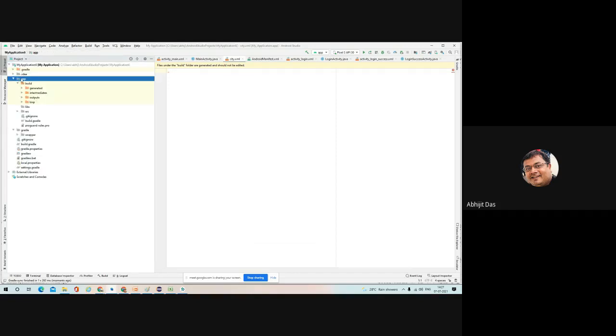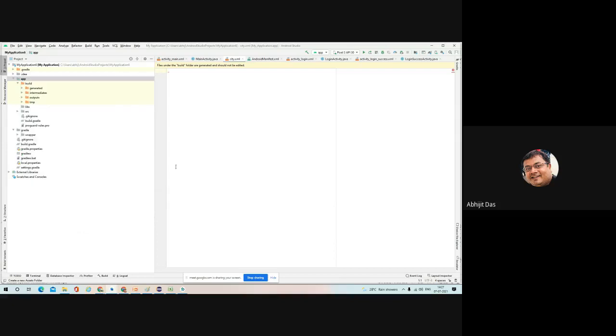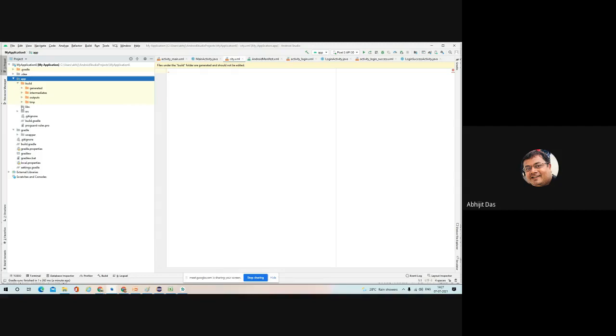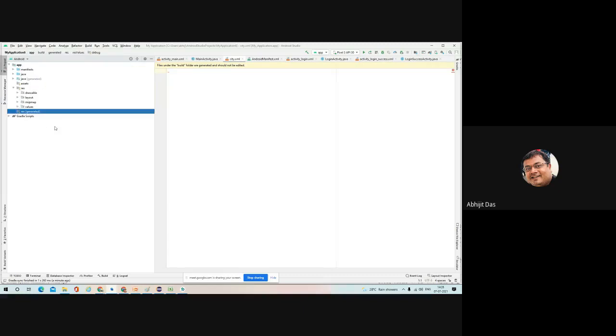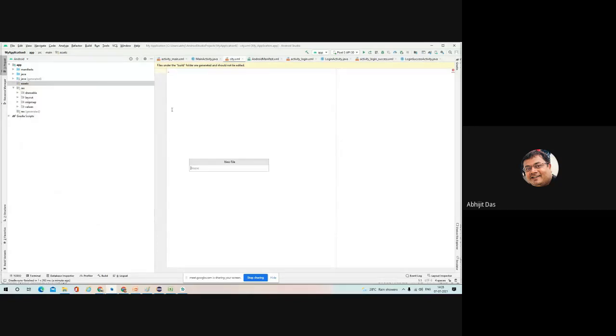So in this one, right click on this app and click on new and find that folder option. From this one, you create this asset folder. So click on this asset folder and after that select main only and click on finish. And after that inside this, next you go to Android and inside this just create a new file